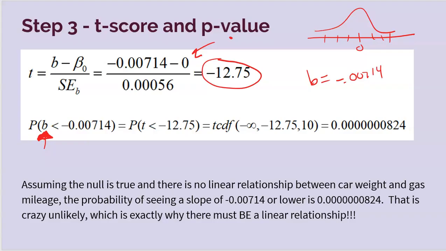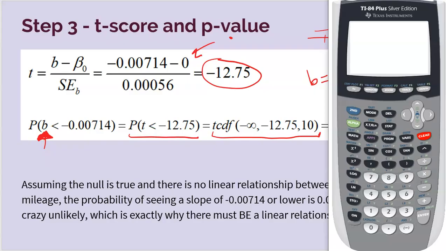So to answer that question, that's the probability that a t-score is lower than negative 12.75, which I'm going to use tcdf to calculate. Now, you could use all of the decimals that were given in the table, but I'm going to stick with the 2 decimals that I got from my actual calculations. It's not going to be that far off of an answer. All right, so when I go and grab my tcdf here, second vars button, you'll see number 6 there is tcdf. And this time I want to look below, right? So I'm going to go from negative 99, that's acting like my negative infinity, since I don't have an infinity button, up to negative